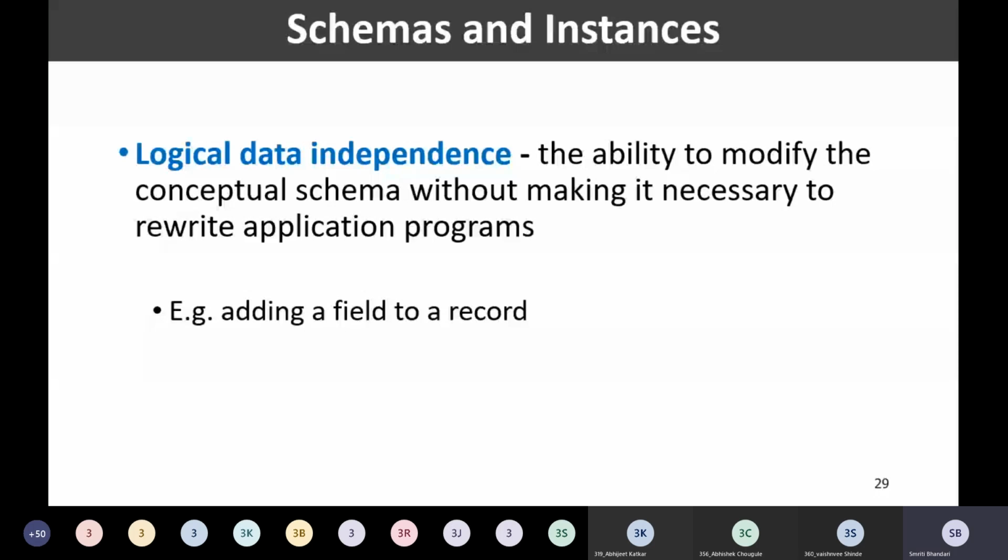But prior to this, with my original logical schema, I had written some application programs. What kind of application programs? For example, a program to list all the instructors from a particular department.